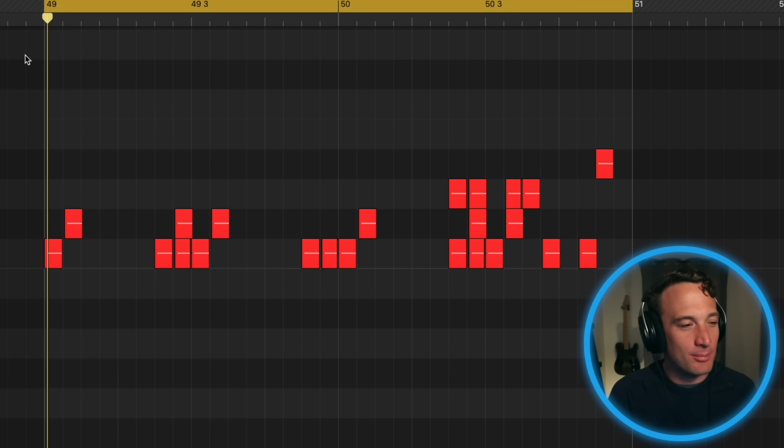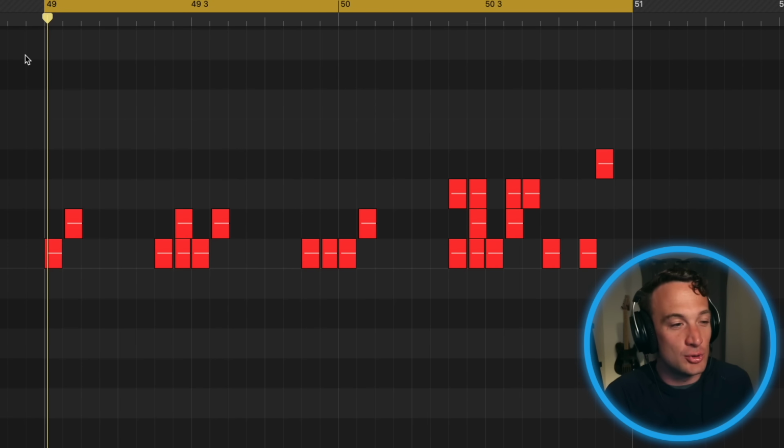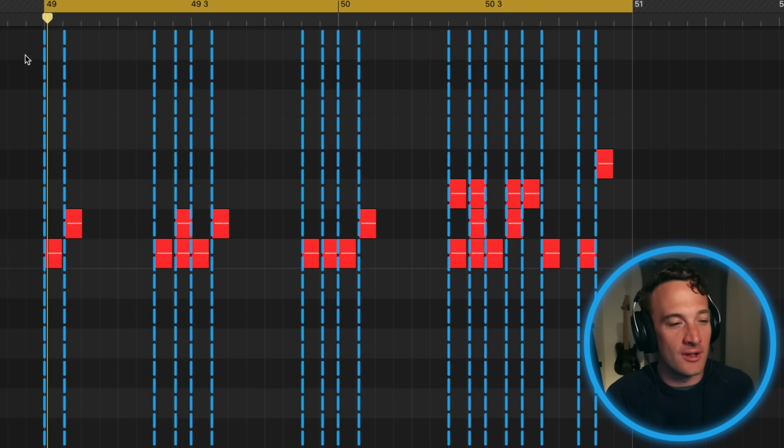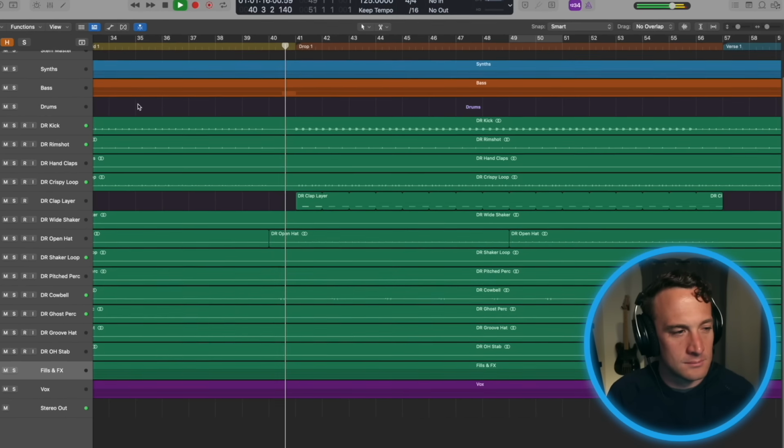You got to keep it simple. When you start adding a ton of different layers with competing rhythms and different swings, that's when it gets messy. To be clear, you can keep adding percussion layers and even some drum loops to this, but you would only want to add sounds that overlap with this main rhythm so it doesn't get too complicated. So now here's what everything in the whole track sounds like together. It's so easy to